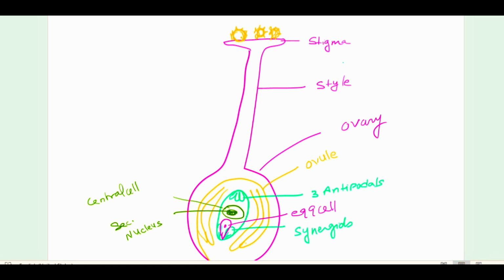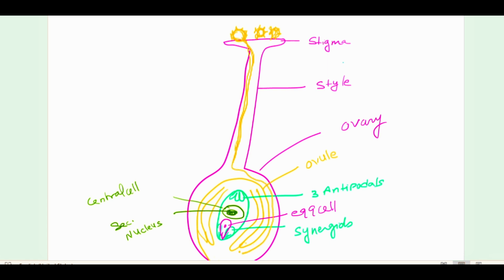After absorbing the stigmatic fluid, it will cause the formation of the pollen tube, and this pollen tube will start moving inside. So, this pollen tube I am drawing is going all along the way of the stigma and the style. Once it reaches the ovule, we have three ways. Micropyle is the most common way through which it enters inside the ovule.